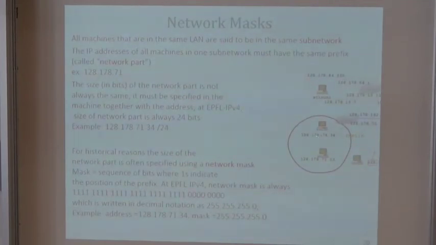So IP addresses are structured. They are structured in two ways. There is first a prefix, for example, 128.178. This is used by the rest of the world to recognize that this is EPFL. This is not the network mask. This is not the subnet that I want to talk about. So we'll come back to that part a bit later.